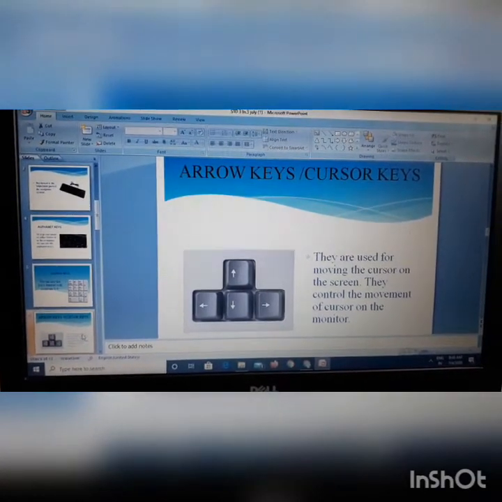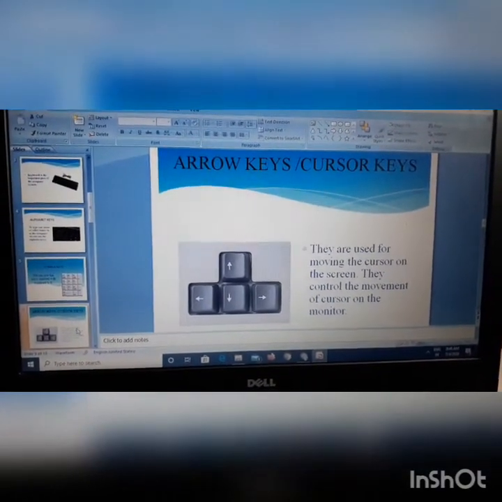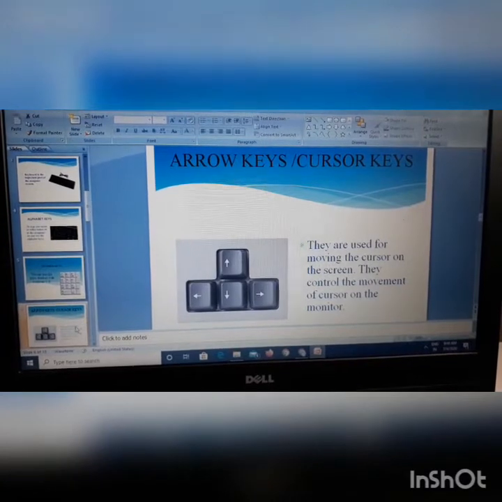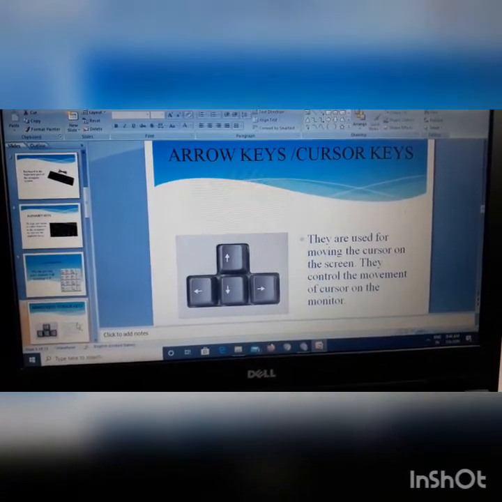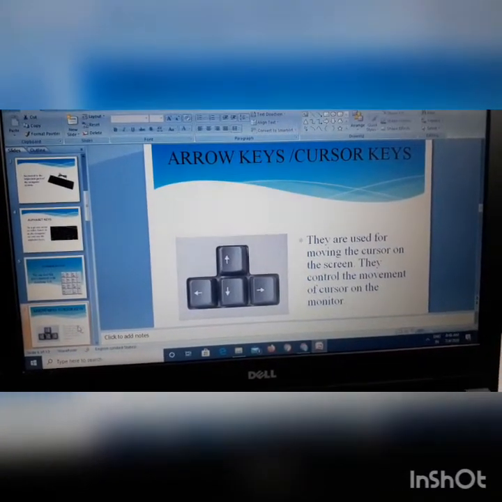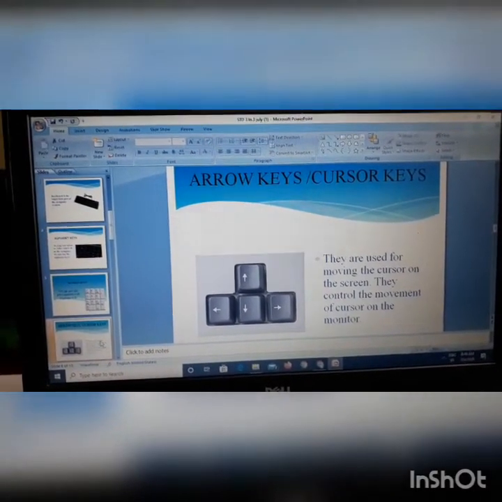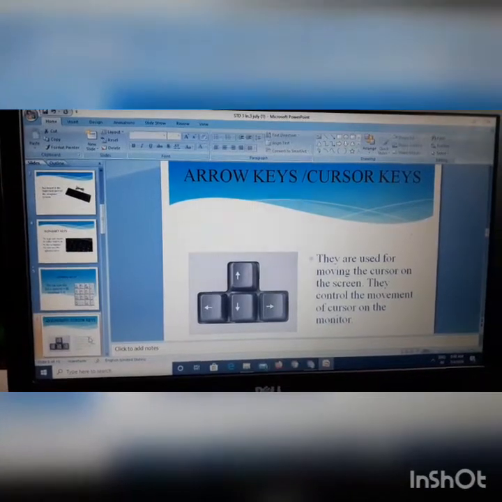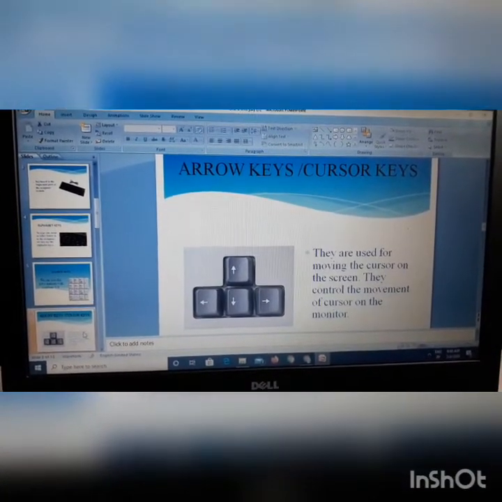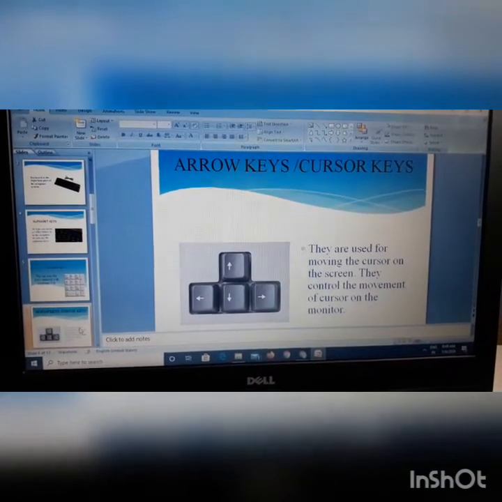Arrow keys are also called cursor control keys. I repeat, arrow keys are also called cursor control keys because they only control the movement of the cursor on the monitor. Understood, children?